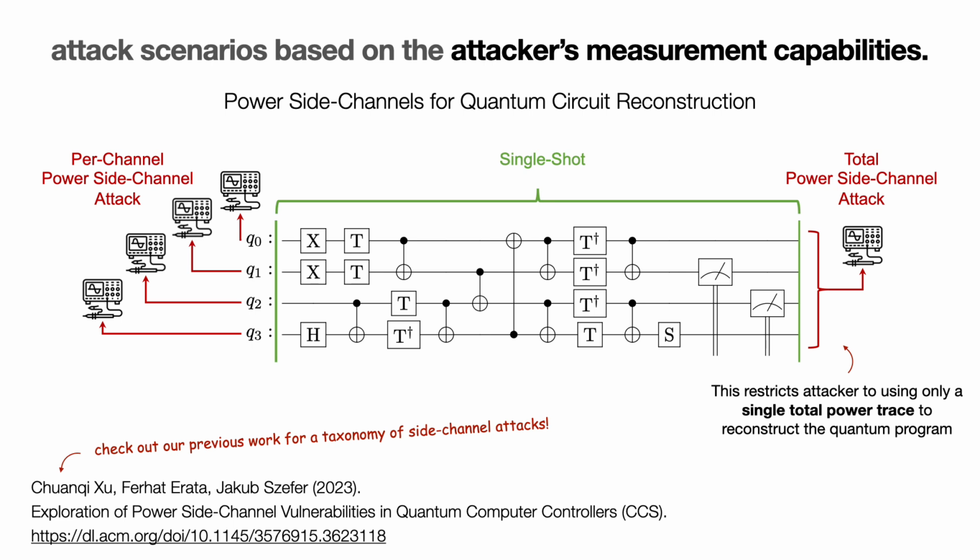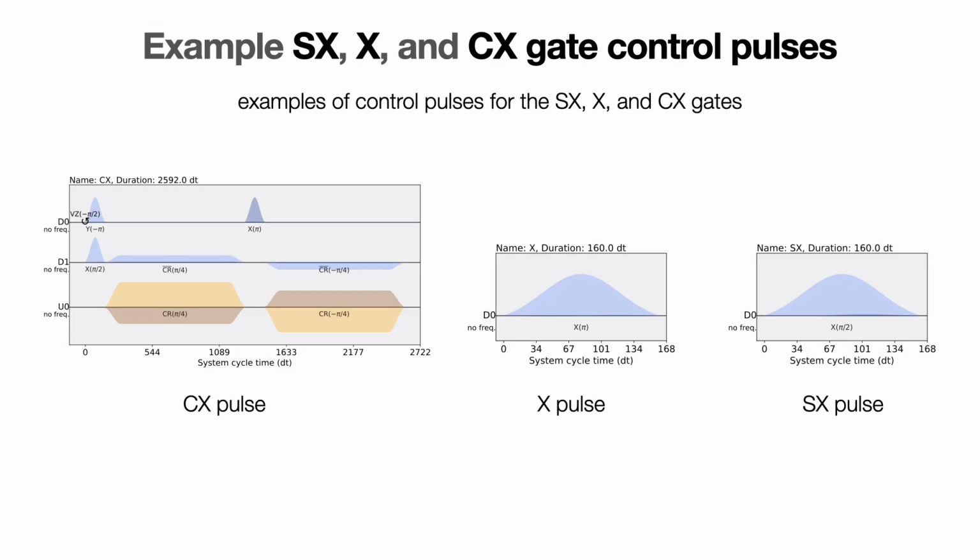And the rest of my talk will focus on total power trace attacks. You can find the details for per channel attacker in the paper. Additionally, our previous CCS work has researched the per channel power traces as well as the timing attacks. However, we did not solve the total power trace attacks. In this work, I am going to provide you all details how we can use the total power traces to reconstruct the victim circuit, which requires algebraic reconstruction, which requires solving a combinatorial optimization problem.